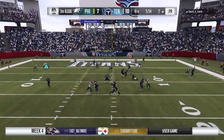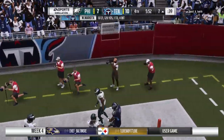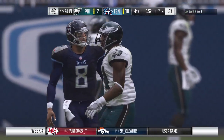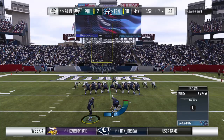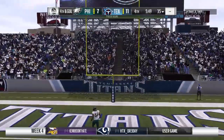Third and goal, Mariota. And this is going to be incomplete. Not only was the call spot on, how about the execution of that defense right there? The zone was absolutely locked up tight. He was trying to force it in there on third down. But if there's a time to force it, he felt like he needed to make a play, right? Yeah, exactly right. Third down, you got to try and find